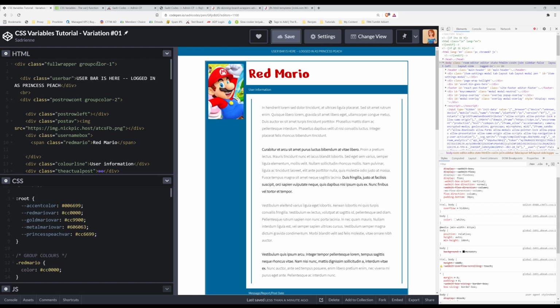That's why I've used the same prefix up here, because it makes life way easier. So our first one is group color 1. If we're in a box that holds group color 1, we're going to call accent color